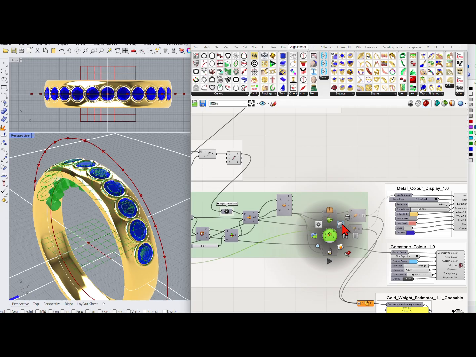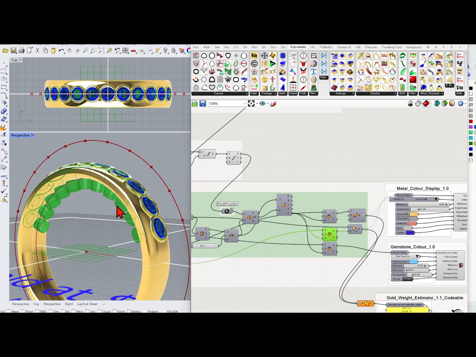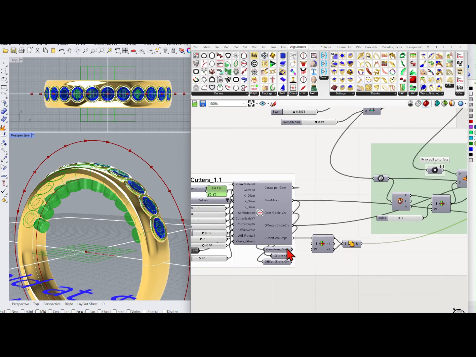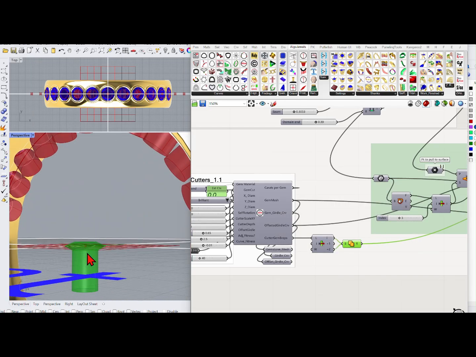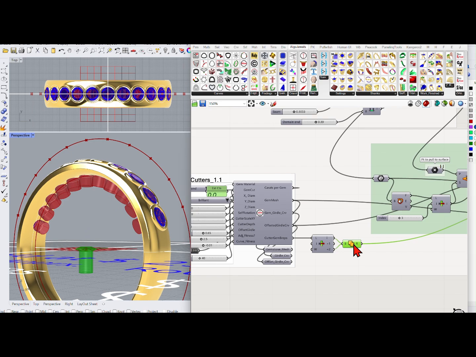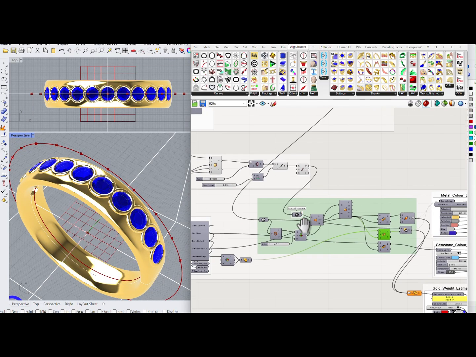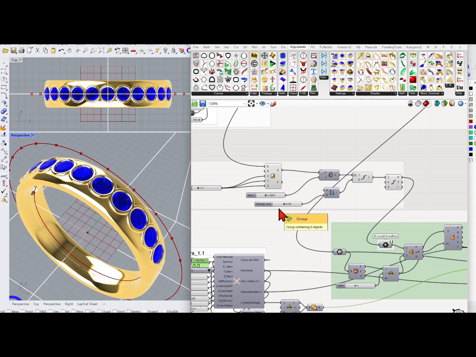And we are getting cutters from the cutter, and we're picking the one we want and joining them together, which is this here, and we're using that cutter on this. Now the trick of this is